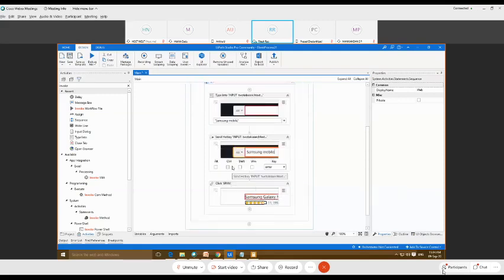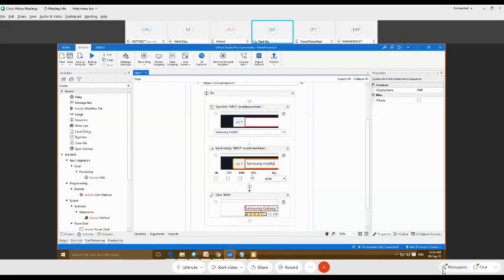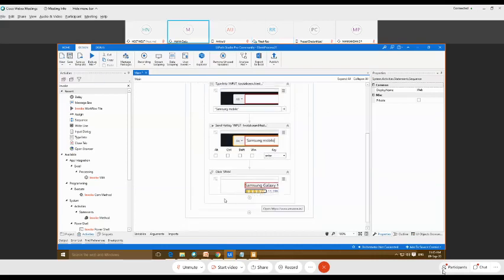The first step is capturing of this URL, that is amazon.in. After that, this is your search box, and inside the search box, I have entered the text, that is Samsung mobile, using this type option that is available in this web recording. And after that, I have entered this Samsung mobile using this hotkey. You can see here, this is the hotkey option. Then after this, this Samsung Galaxy M31 has been opened. So now I'm just going to close this.